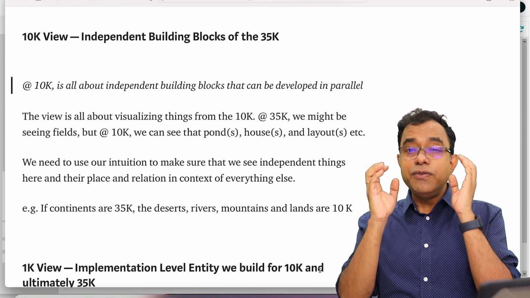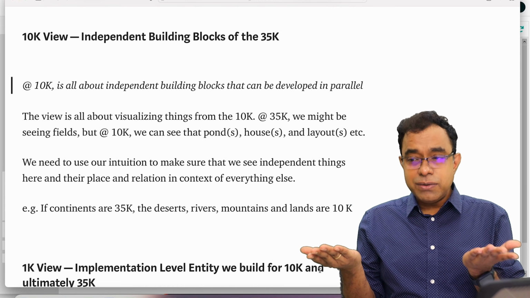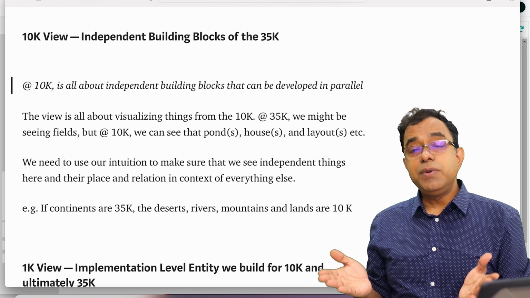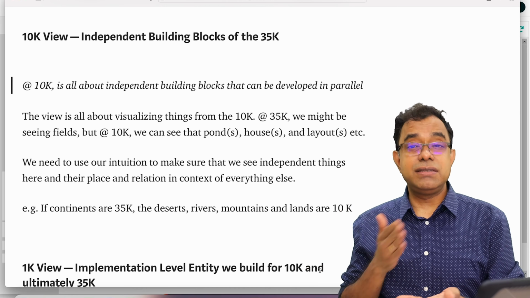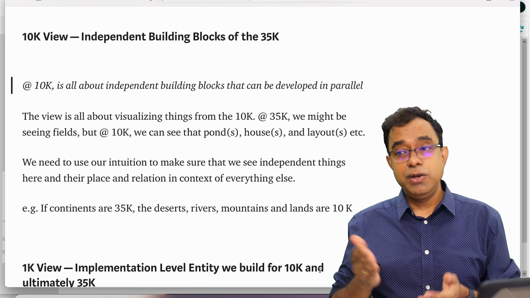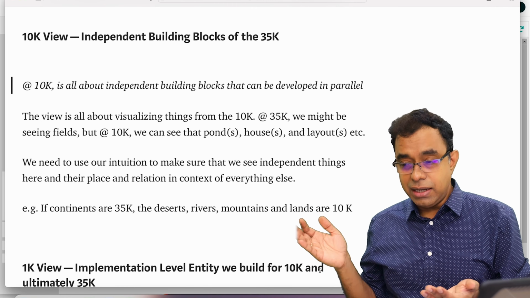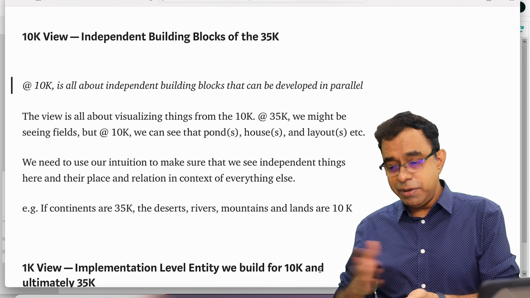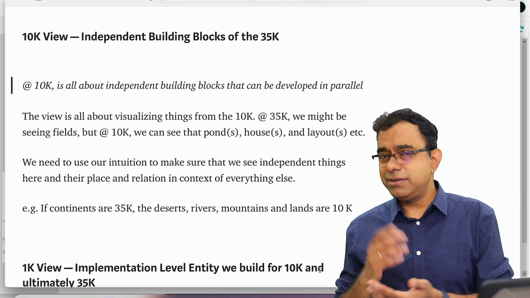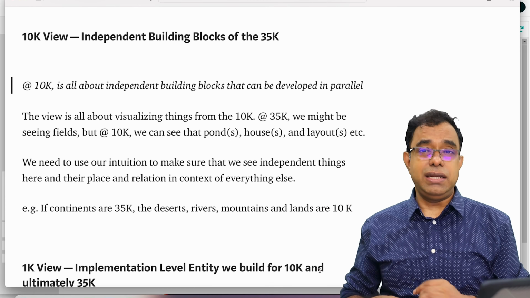So it is about views. If you open that microservice, just like opening a book, what are the different chapters? These different chapters are 10K. If you open the book, you can see that database is a chapter, NTP server is a chapter, in-memory is a chapter, cache is a chapter, something like that. Those things could be your 10K.